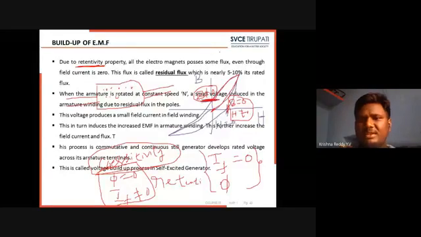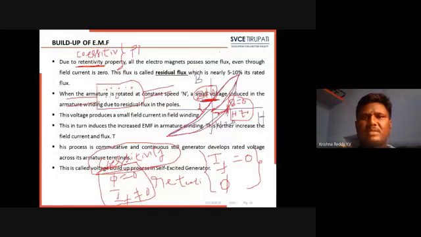Similarly, as we keep on decreasing like this, the BH curve moves here. If we increase again in the reverse direction, even when the magnetic flux density is zero, the field intensity is not zero. That property is known as the coercivity property. Based upon these two properties, retentivity and coercivity, we are making a permanent magnet.